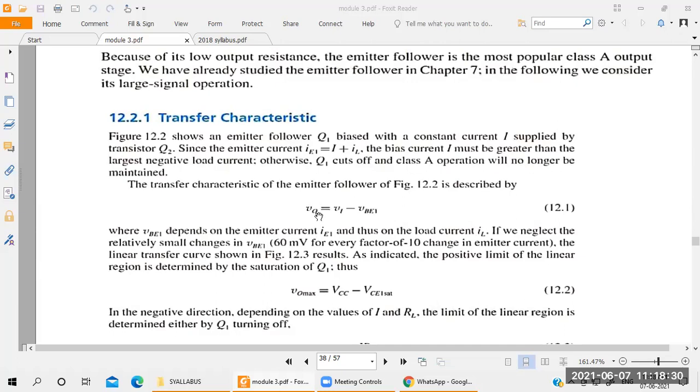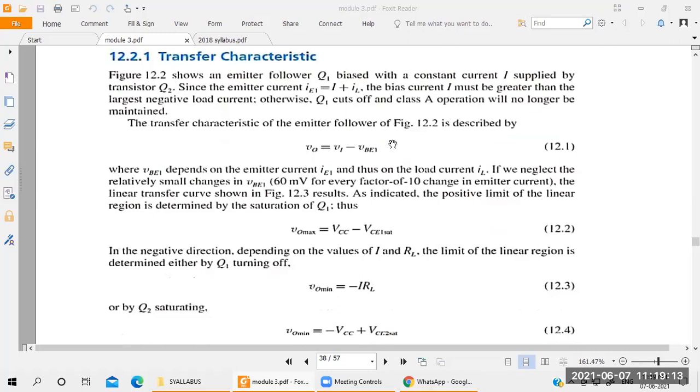Next, you write one more equation here, for when the output voltage is maximum. When the output voltage is maximum, we can take the equation as plus VCC minus VCE saturation. The Q1 transistor has to be maintained in saturation to get the maximum voltage. So V0 is equal to Vi minus VB1 from the KVL for input and output. For finding the output maximum, you apply the KVL equation again from collector to emitter, and you get plus VCC minus VCE saturation.